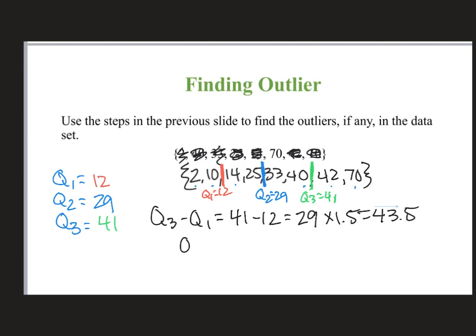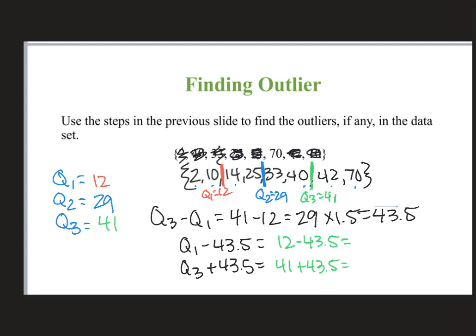So you're going to take Q1 and subtract 43.5, and you're going to take Q3 and add 43.5. So this is going to become 12 minus 43.5, and this is going to be 41 plus 43.5. 12 minus 43.5, so negative 31.5, and